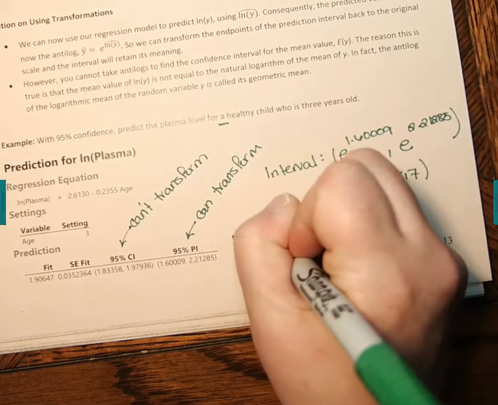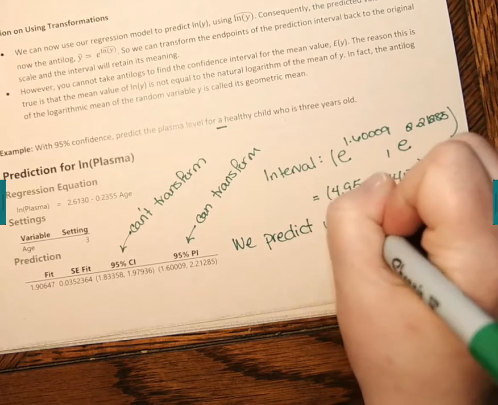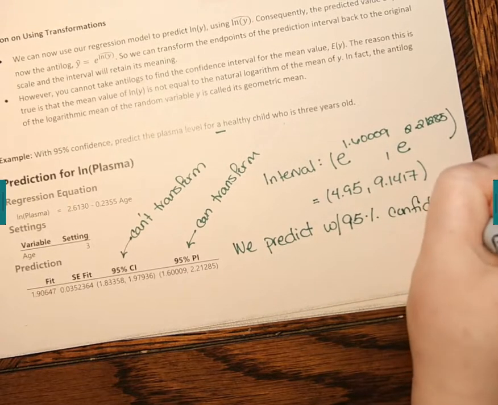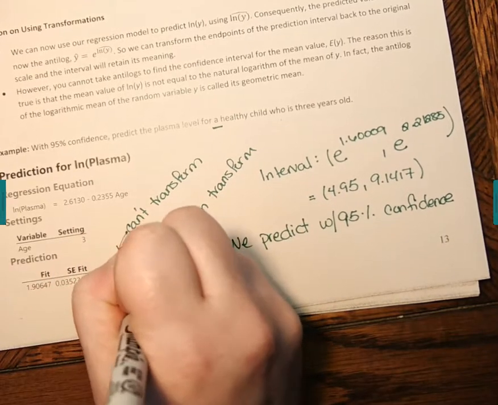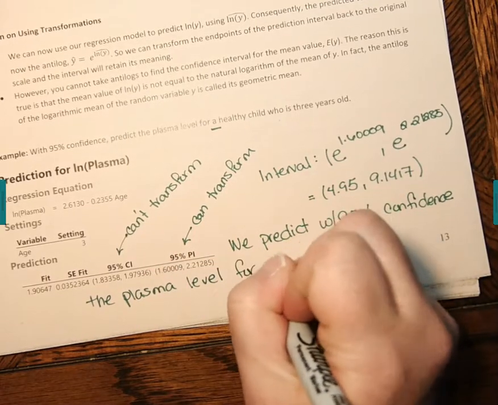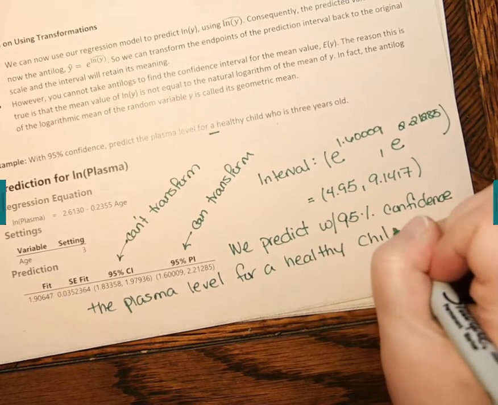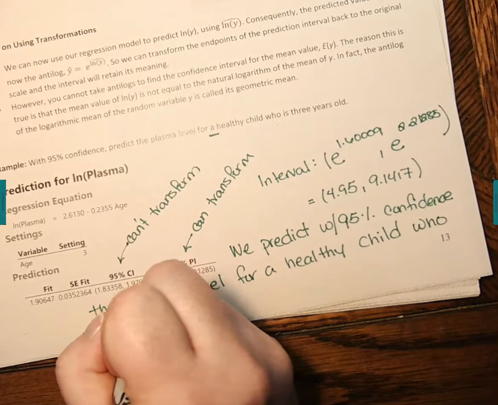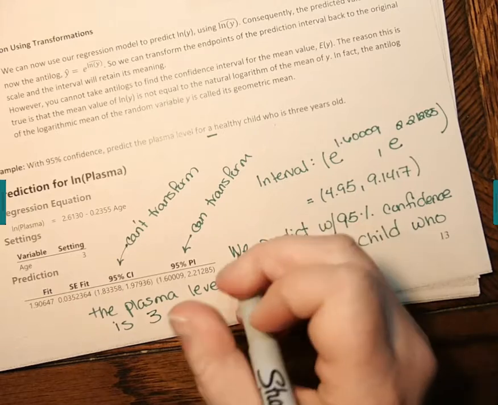So we predict with 95% confidence the plasma level for a healthy child who is 3 years old will be between